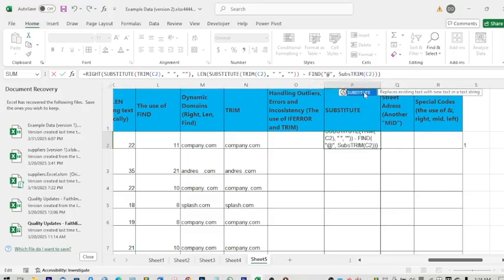Substitute. Then we are coming here to say that it should, as a matter of fact, comma, space,